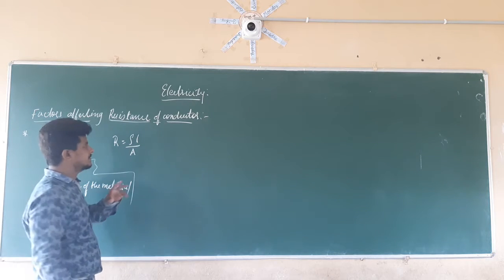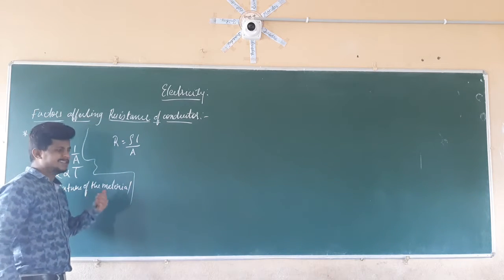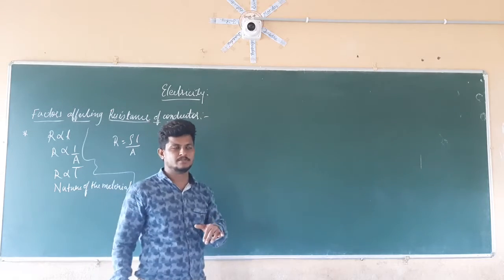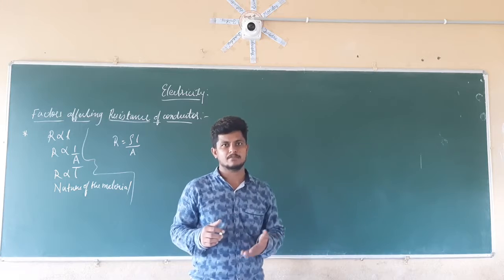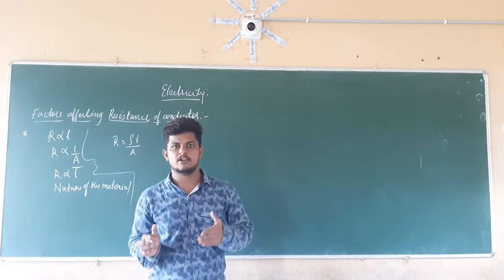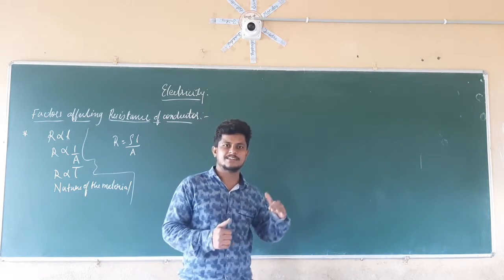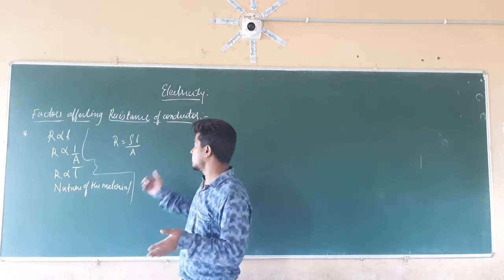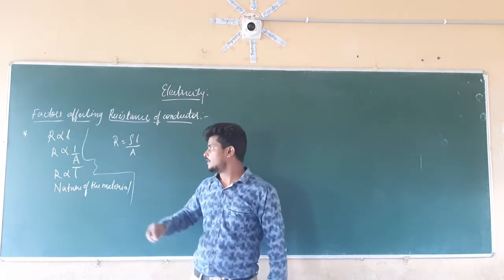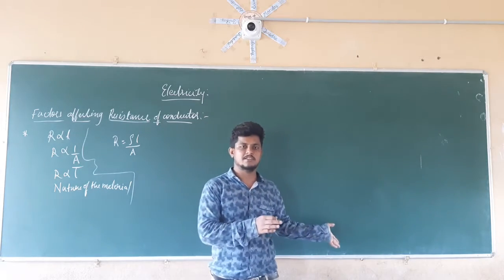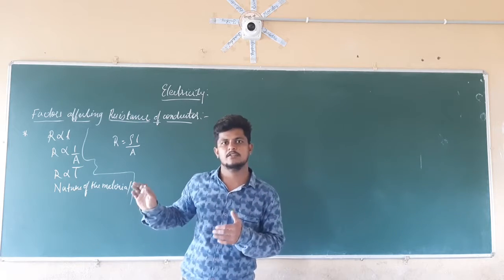So another factor is there which is going to affect the resistance of a conductor. It is related to the area, but in the numericals in the examination, they are going to give that thing directly. So if they give it directly, you are going to use this factor which I am going to write now to calculate the resistance of that conductor directly. Don't go on calculating the area of the conductor, then the length of the conductor, and using that formula to calculate the resistance. If they give the parameter, use that parameter directly in this formula.